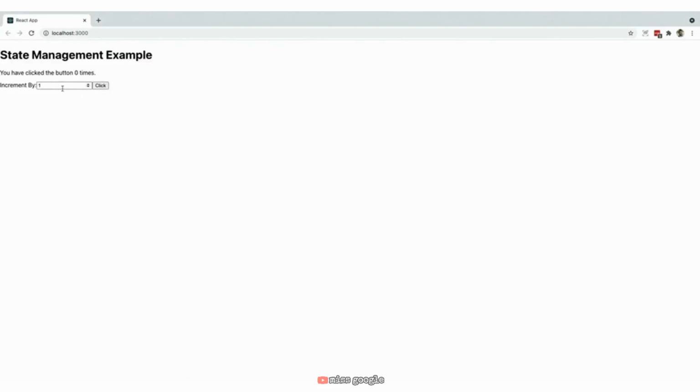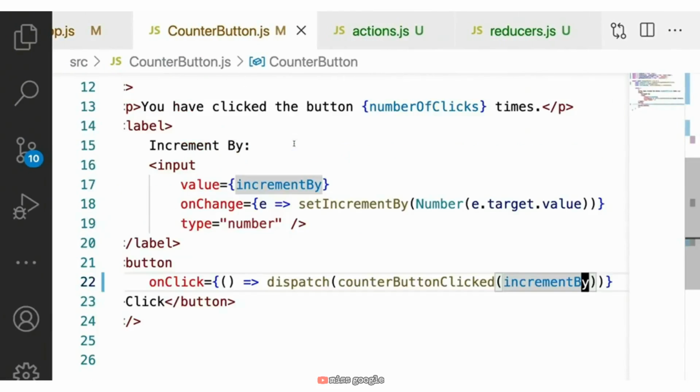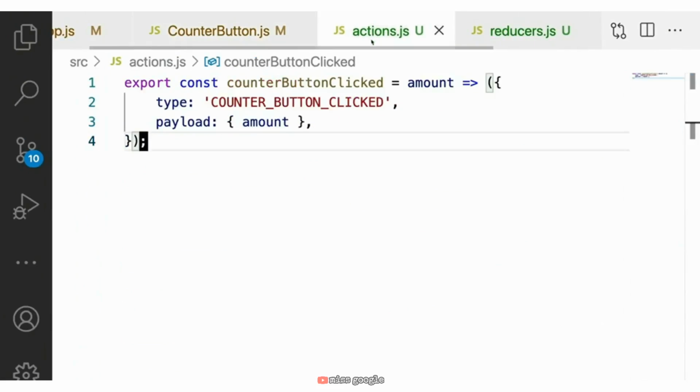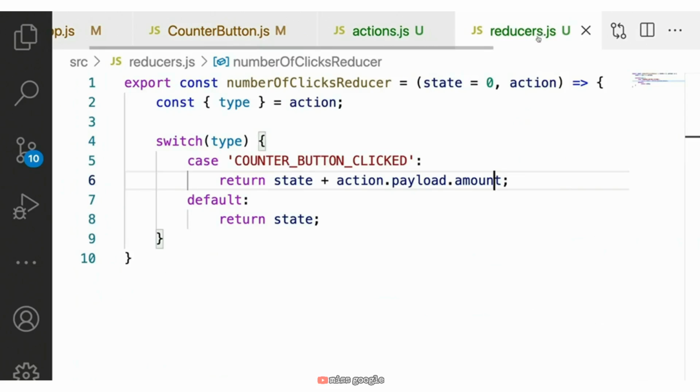Let's refresh our app. Set this to something like, we'll do 7. Click it, and we see that it increments just as we want it to. Now, obviously, this is just a very brief introduction to what Redux is capable of. You could obviously add a lot more actions here and have a lot more reducers that kept track of different